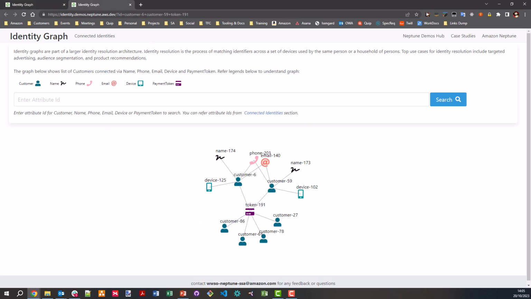So we've got a map here. Here are our 2 customers, customer 6 and customer 59. And we can see that they're sharing the payment card 191. We can see that they share a number of attributes, in fact, email address and phone numbers. So the data suggests they are actually highly connected, which leads us to believe they potentially may be the same